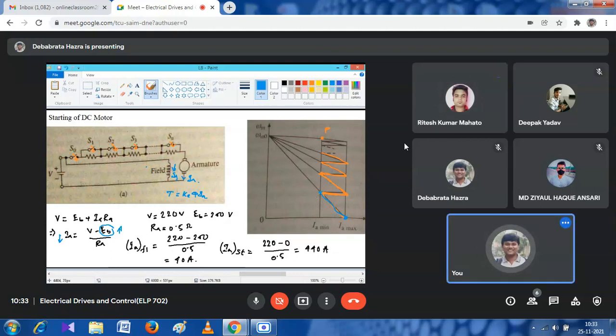एट दैट पॉइंट व्हाट विल डू, क्लोज द स्विच S1। उस पॉइंट में हम S1 स्विच को क्लोज कर दे रहे हैं। मान लीजिए एक सेंसर है, उससे हम करंट को मेजर कर रहे हैं, जब करंट का वैल्यू IA min होगा, तब वो सेंसर बोल रहा है कि IA min आ गया। देयर इज ए कंट्रोलर, बाय दैट कंट्रोलिंग सिस्टम वी क्लोज द स्विच S1। कंट्रोलर जब सिग्नल देगा कि IA min आ गया, तो वो S1 स्विच को क्लोज कर देगा।